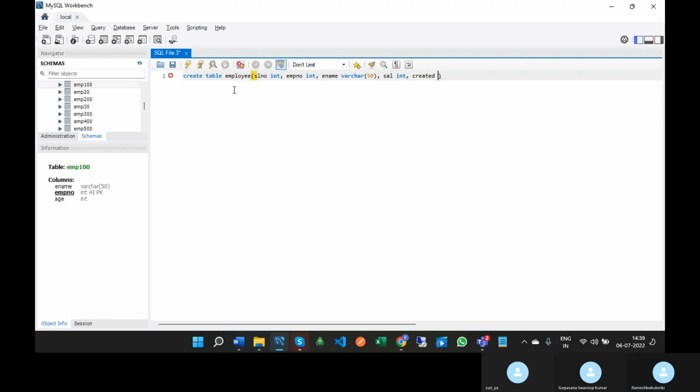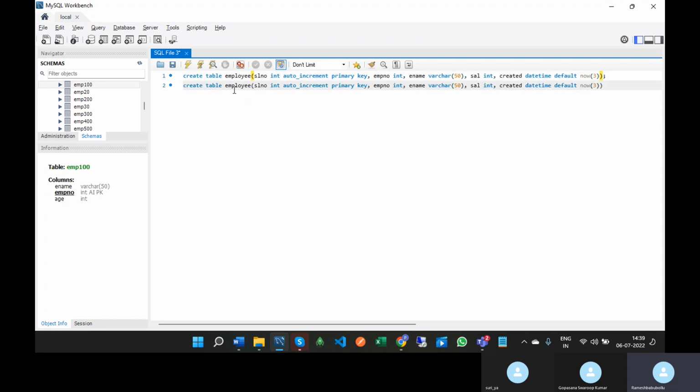So that is when the employee record was inserted into the employee table. So here datetime, default now, and here put auto increment so that it will generate a serial number automatically, and give primary key. This is the employee table, and I am going to create the audit table, employee underscore audit, and serial number,